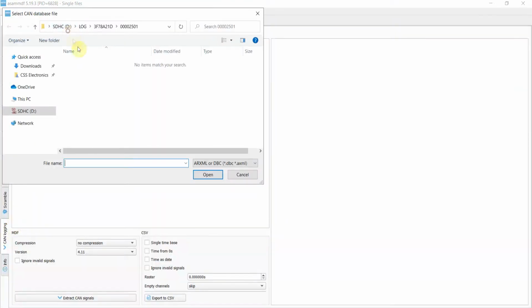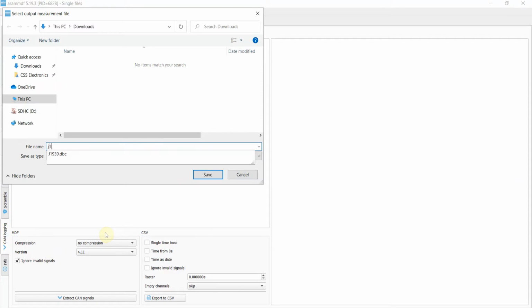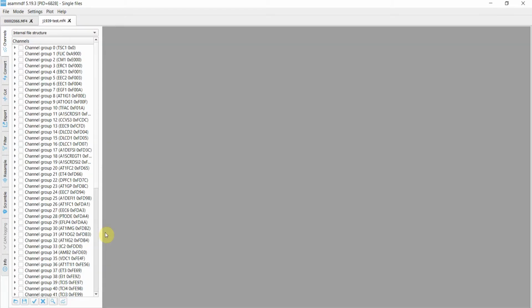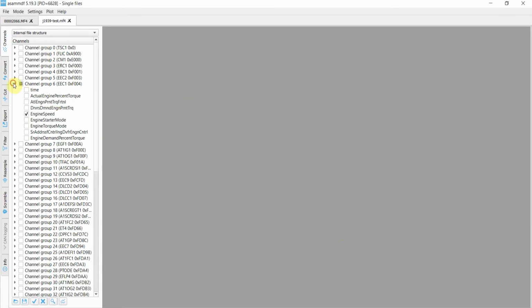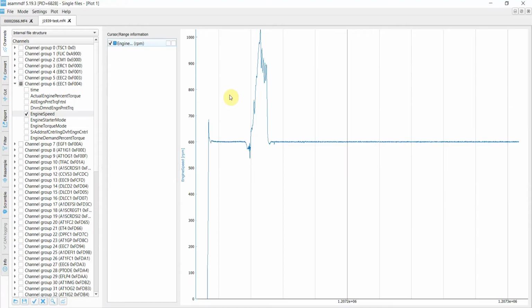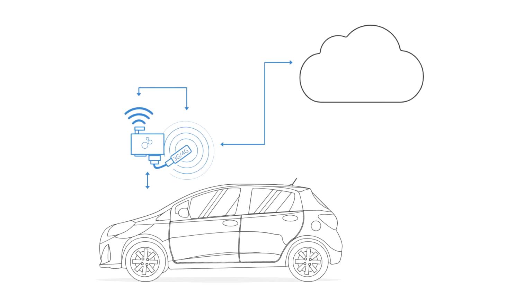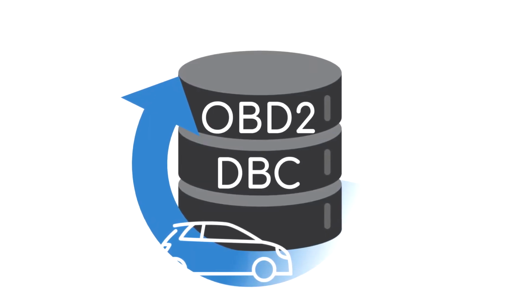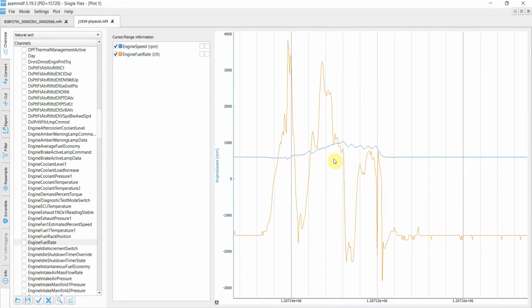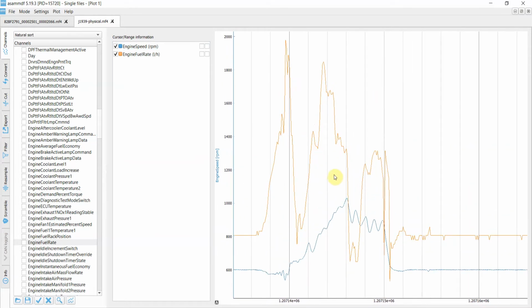However, the most common use case of AsamMDF would be to load a CAN database file, aka DBC file, with conversion rules. This lets you decode the raw CAN data to human-readable form, aka physical values. Note that this feature also lets you convert example OBD2 data from cars using our free OBD2 DBC file. The resulting output is a new MDF4 file with the scaled engineering values.